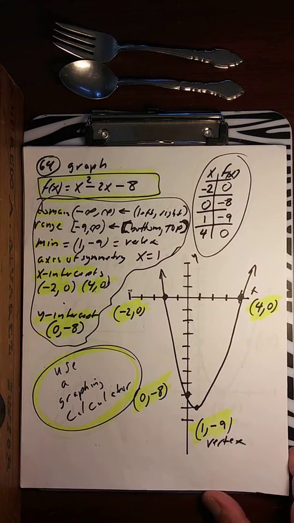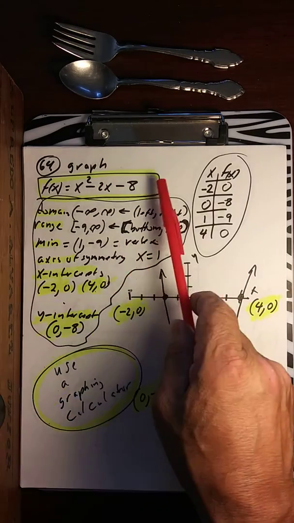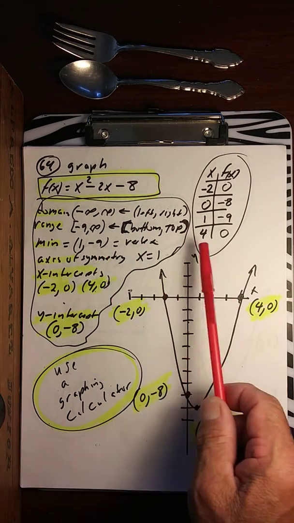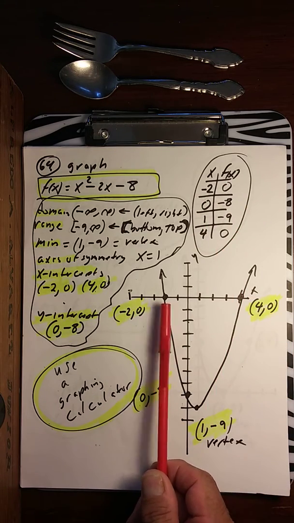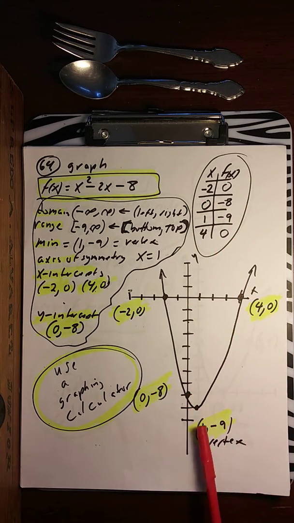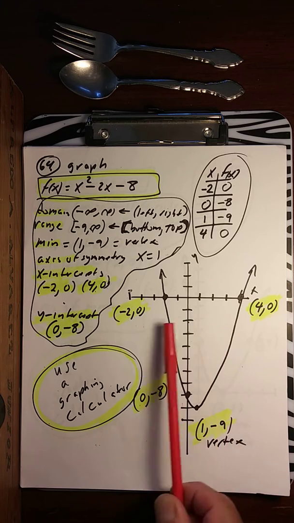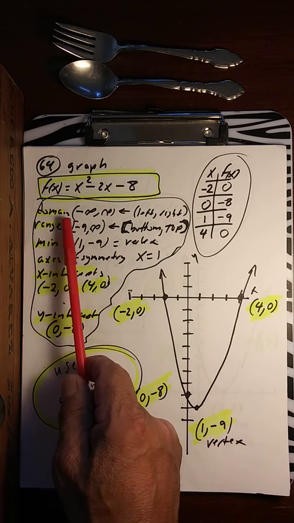Alright. Graph this. Put it in the graphing calculator, run it, graph it. And you're going to get some points. Do a trace. So (-2, 0), (4, 0), (0, -8), and (1, -9). Once you have all these in the graphing calculator, you're going to have domain is